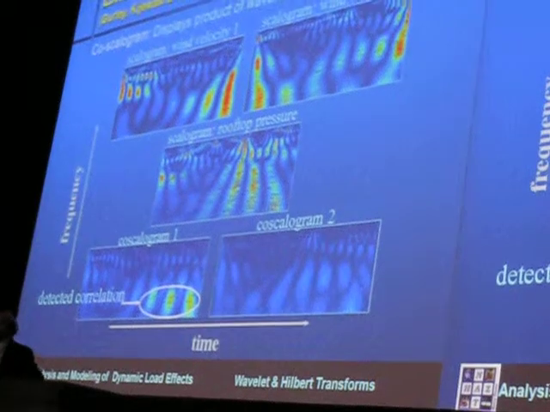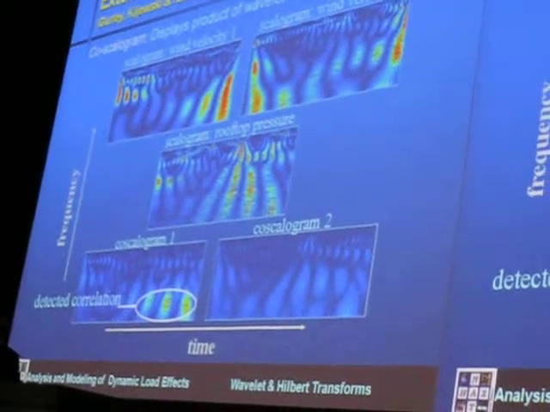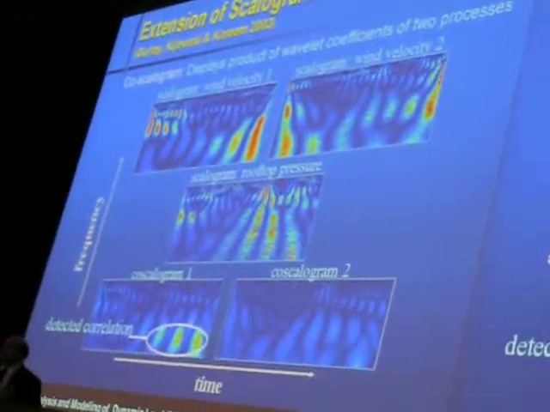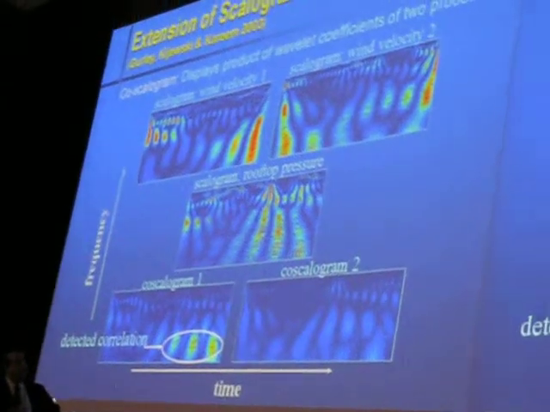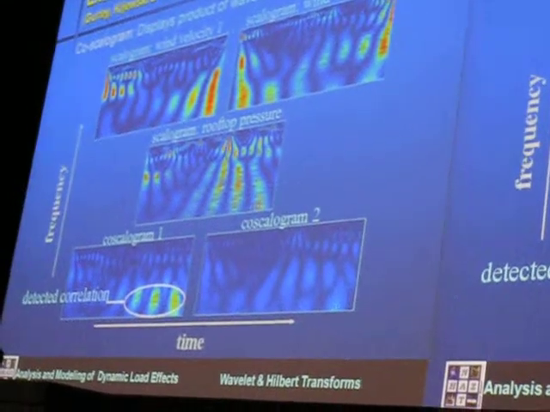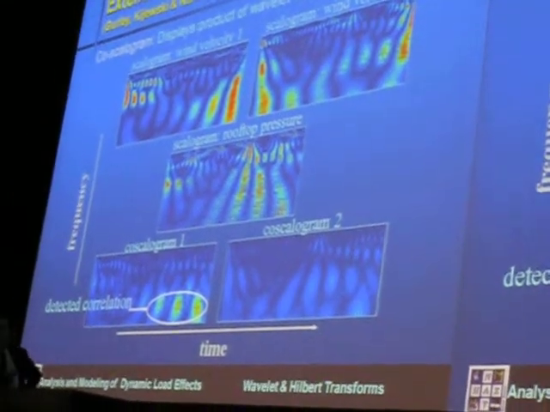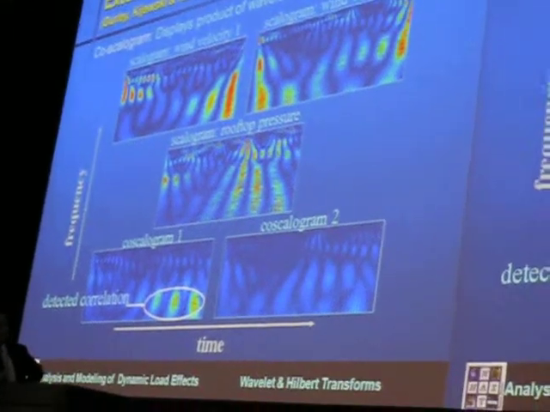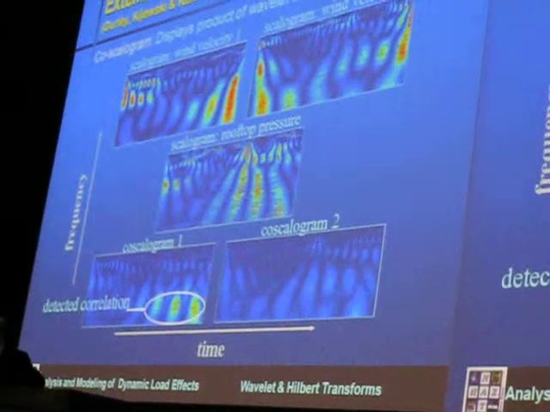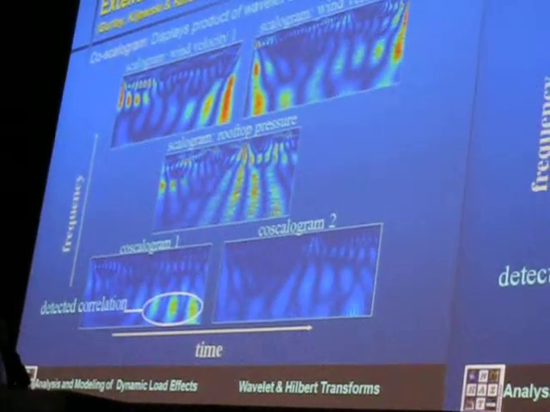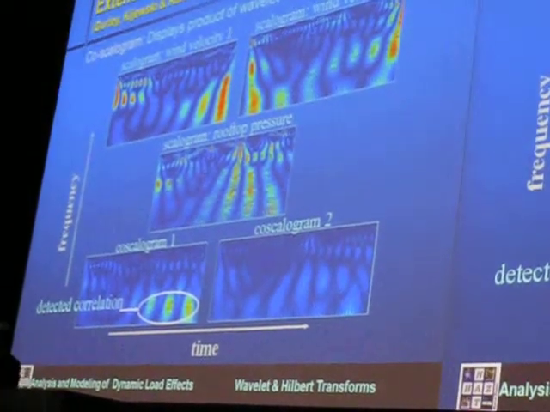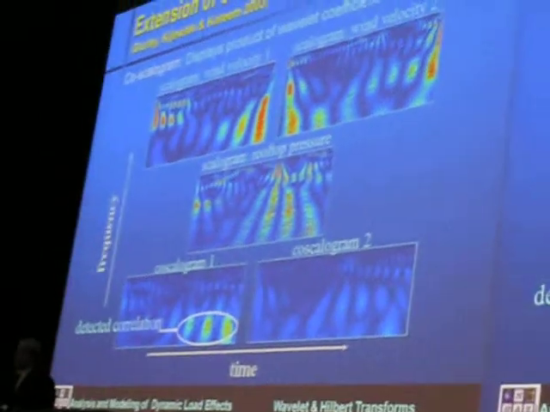Those of you who are interested in finding the causative effect of what causes another thing, one example would be if you have roof pressure fluctuations and you want to relate it to turbulence in the approach flow. And here is an example where we are using co-scalograms. In fact, you have two signals, just like cross spectra, there's a comparable co-scalogram. In this particular record, the wind and this record of pressure are correlated. This one was just a phony one thrown in to see if we are getting any spurious results. And as you can see, there is some instantaneous correlation between the two. And if you use any time average scheme, you will see zero correlation between them.